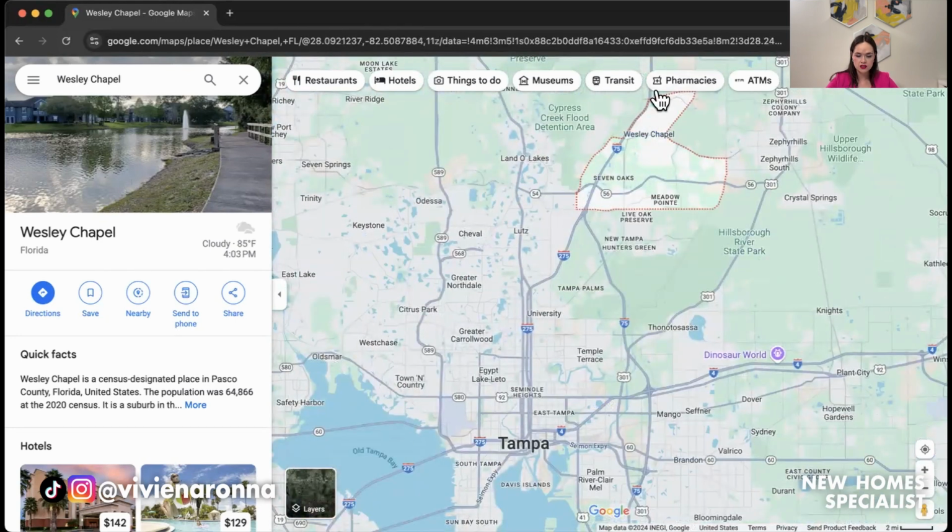The main interstates connecting Wesley Chapel to the city of Tampa are I-75 going down to I-4. So if you're driving south, that would be down 75 and then I-4 straight into Tampa. Or you can also go through 75 and then take 275 straight down to the city of Tampa. This is really nice in terms of location. We are just about a 30 to 40-minute drive from the downtown Tampa area,